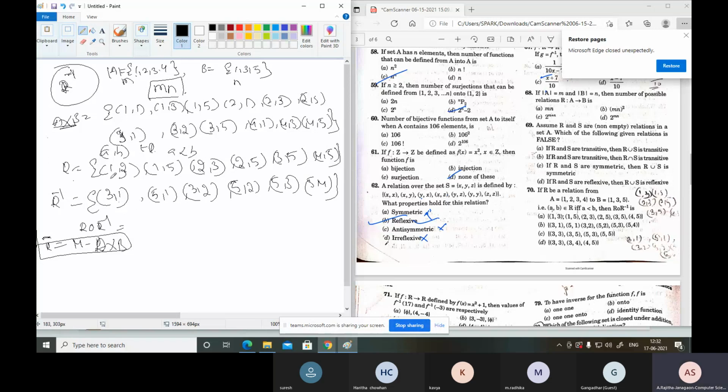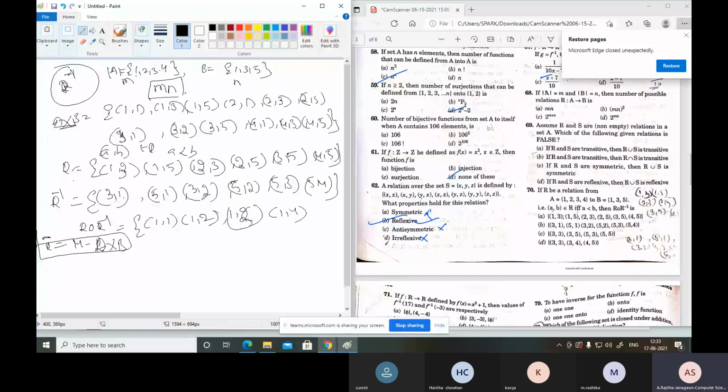That means 1, 3, 3, 1. So it is what? 1, 1. Now 3. That means 1, 3, 3, 2. So will anyone start with 3? No. 1, 5. Now 1, 1. 1, 5, 5, 1. 1, 1 is already there. Now 5. That is 1, 5, 5, 2. That means 1, 2. 1, 2 is also there. 1, 5, 5, 3. 1, 3 is there. Next 1, 5, 5, 4. That is 1, 4 is there.